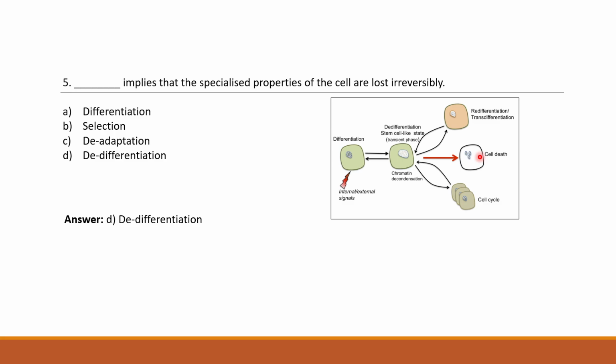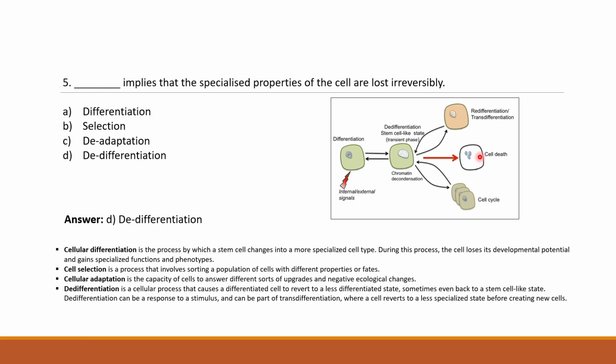If you want a definition for all the above options: cellular differentiation is the process by which a stem cell changes into a more specialized cell with special features and unique properties. During this process, the cell loses its developmental potential and gains specialized functions and phenotypes. Then comes,